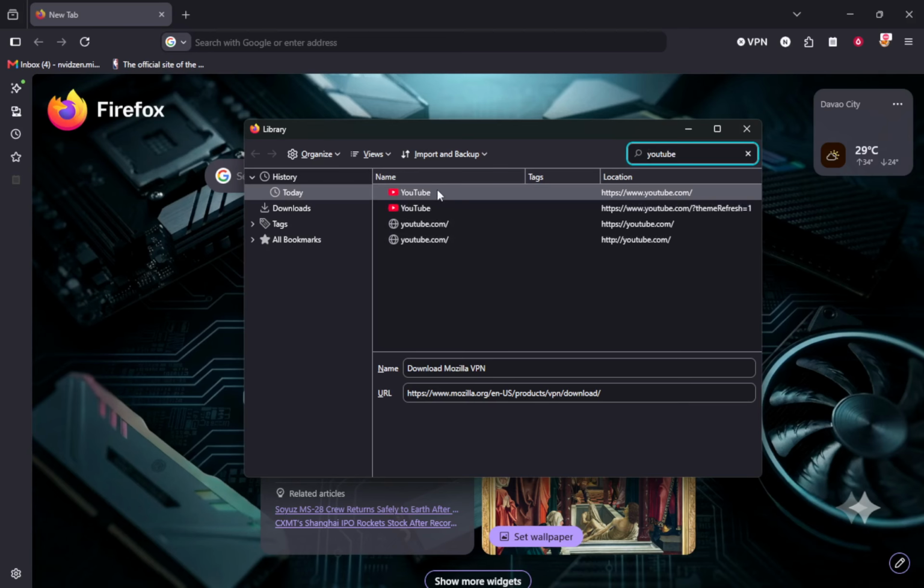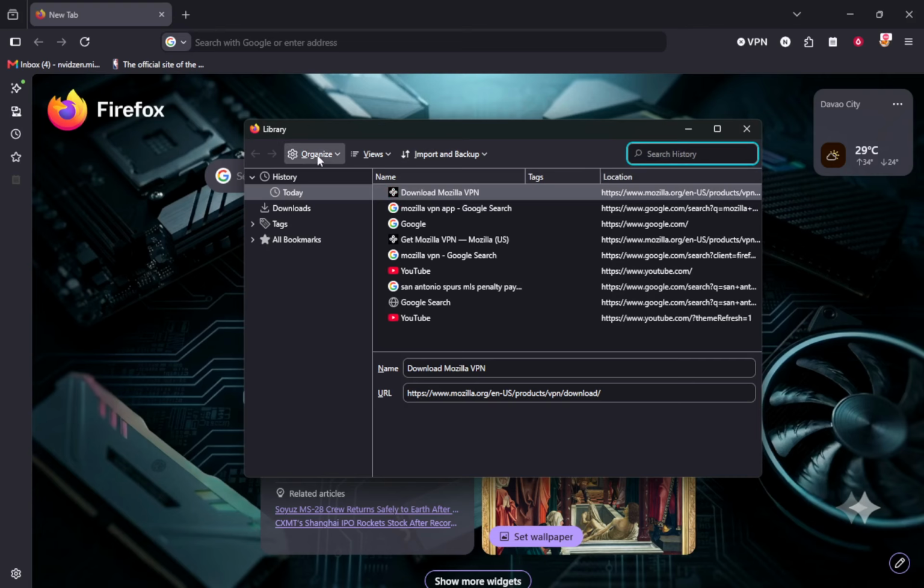After that, you might want to see the exact time you visited a page. With Manage History still open, move your mouse to the top row above the list where it says headings like Name and Location. Right-click that header row. A menu appears with several column names. Check the one labeled Most Recent Visit. A new column now appears in the list showing the date and time of the last visit for each page.